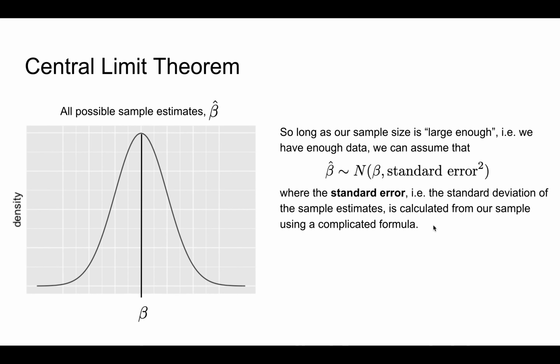More formally, let beta hat represent a sample estimate of some population value, beta. Then the sampling distribution of all possible estimates beta hat is normal. Specifically, the possible beta hat values are normally distributed around beta with some standard deviation or standard error. The standard error here is what we call the standard deviation of our sample estimates beta hat, and it's calculated from our sample data using a complicated formula. I'm not going to include that formula here. Stepping back,